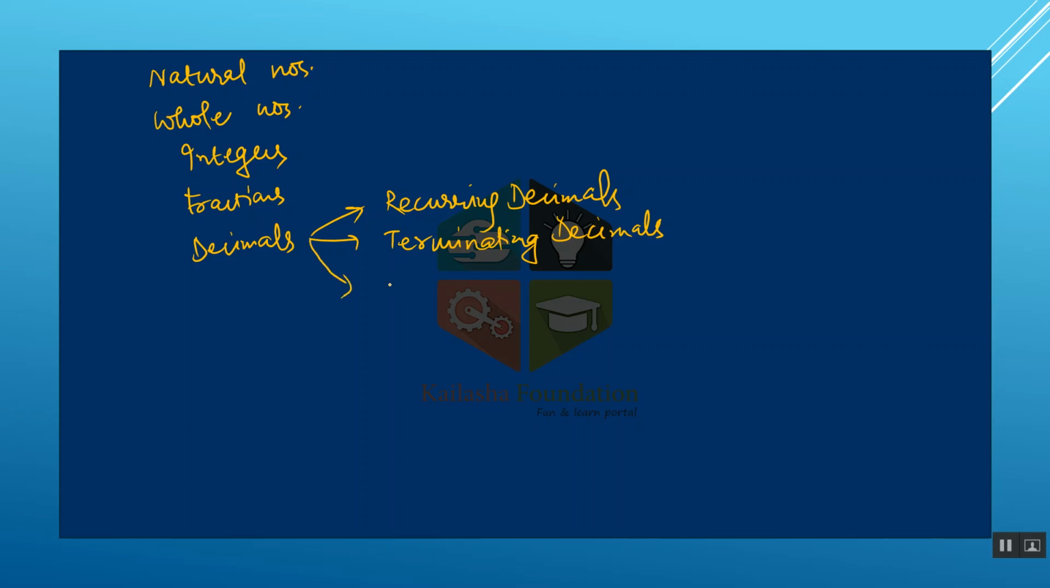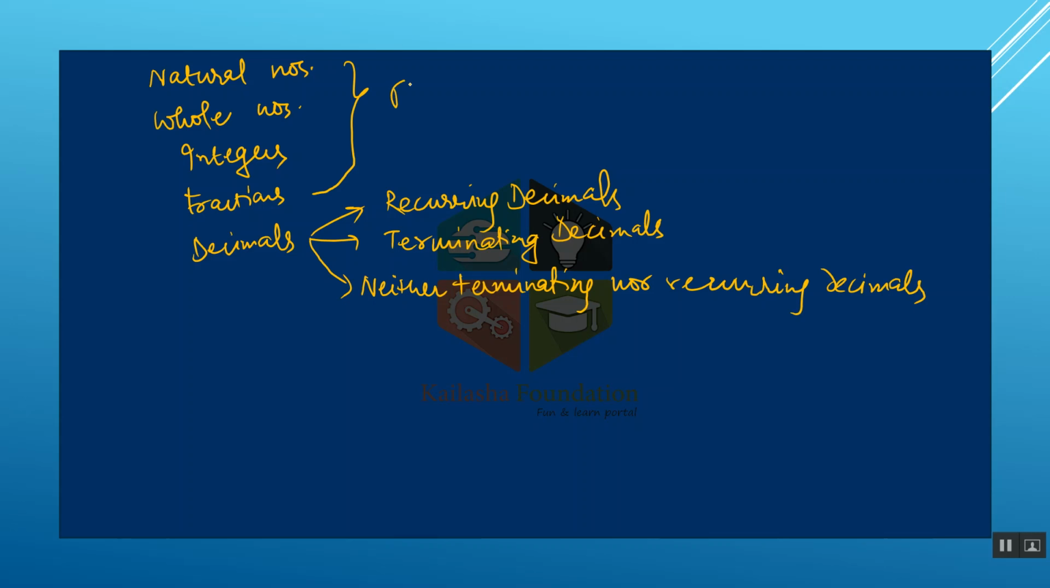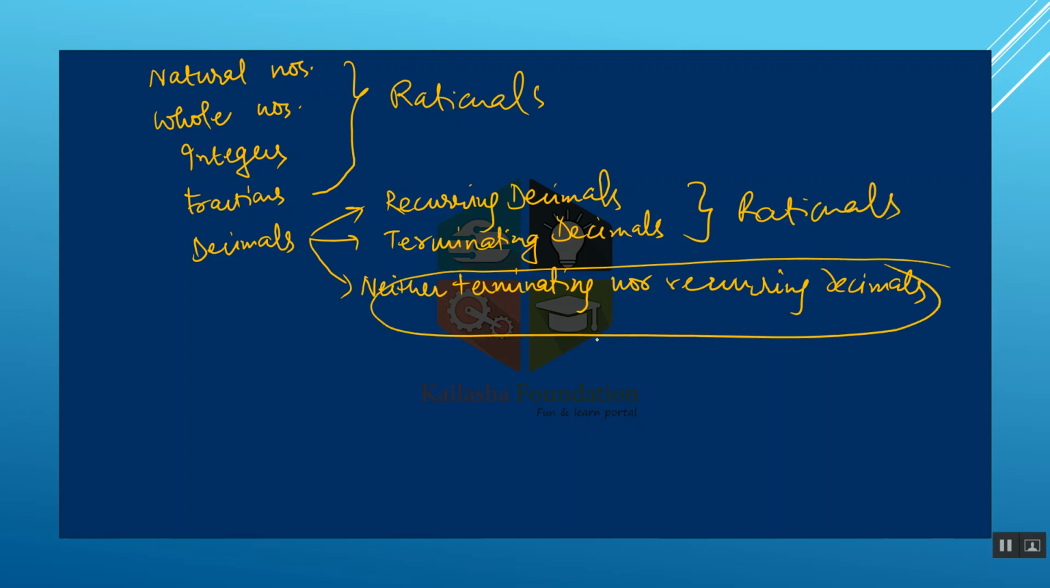There is a third category, neither terminating nor recurring decimals. Okay, these four are rationals. These two are rationals again. This one is an irrational number. So what kind of decimals are neither terminating nor recurring? Can you give an example? Yes,